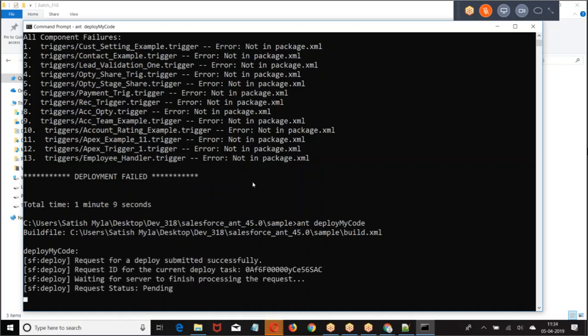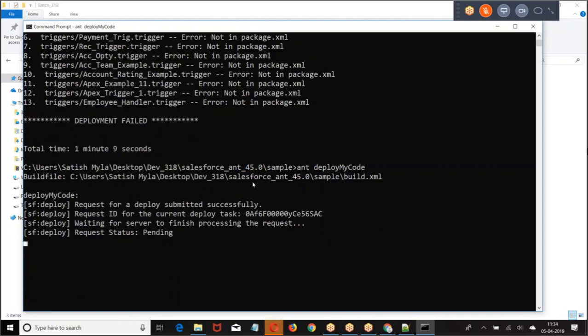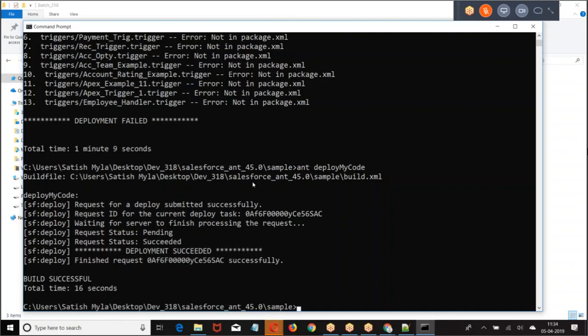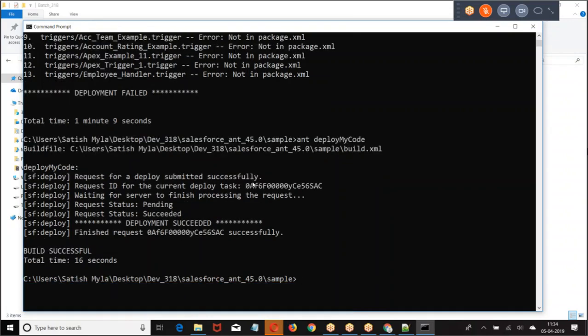When you take a change set only from that org, from a particular organization, sandbox to production, sandbox to sandbox, you can deploy. We cannot deploy cross org. One org sandbox to another org sandbox we cannot deploy. It is only within that org we can deploy. But with the build tool, from any org we can deploy to any org.